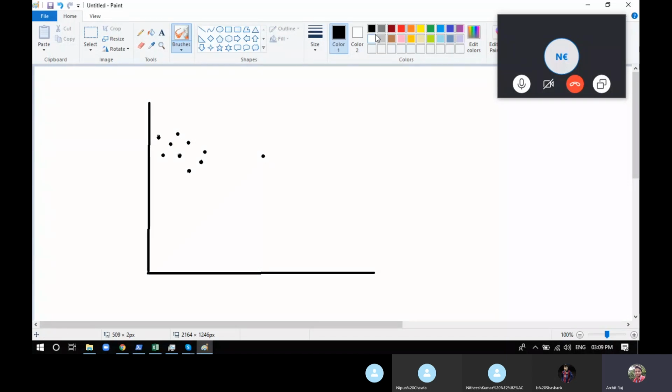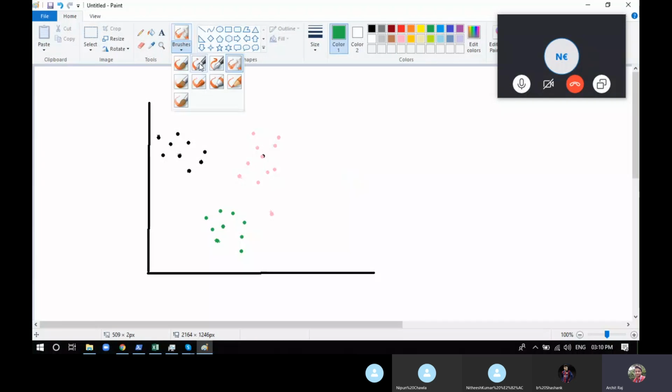Let's just change the color now. And just imagine this is green. Okay, so just imagine this is our data set as a training data set.